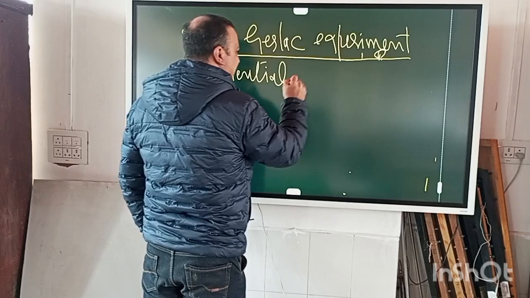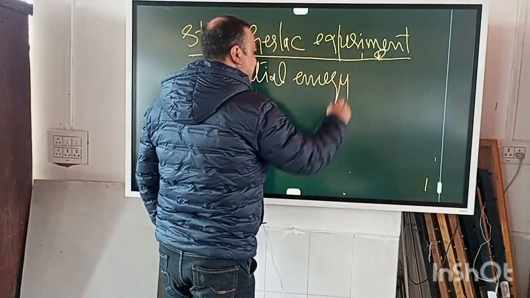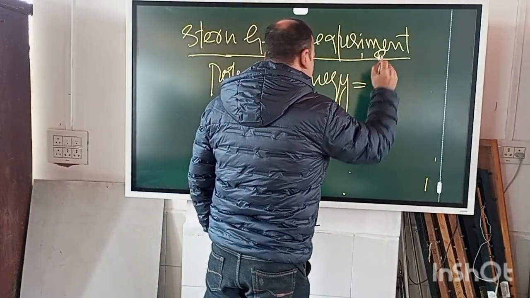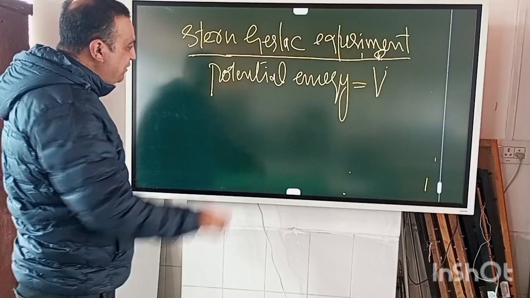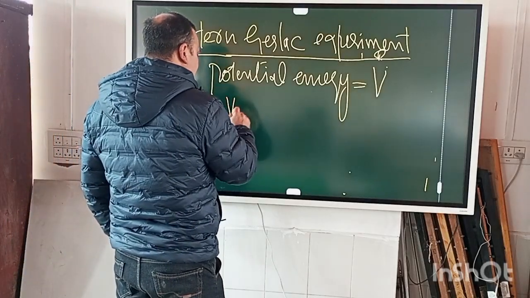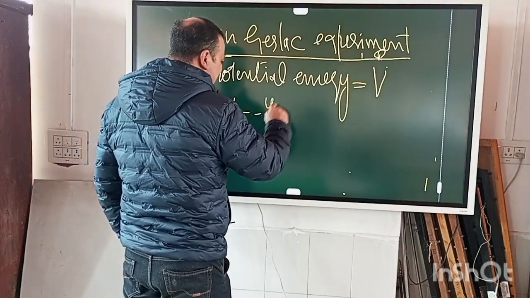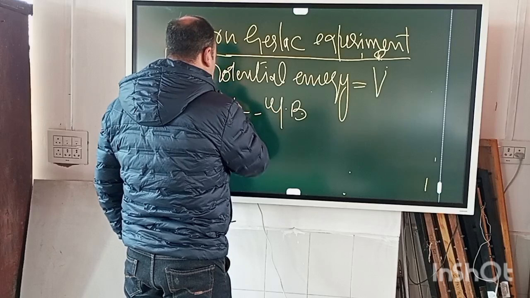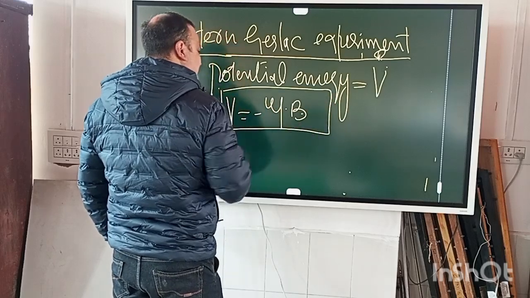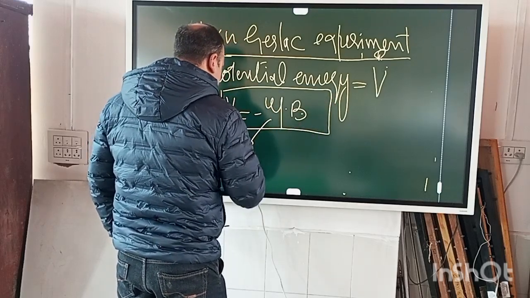If I choose this potential energy as, say, V, then the potential energy of this dipole will be minus mu dot B, where mu is what we call the